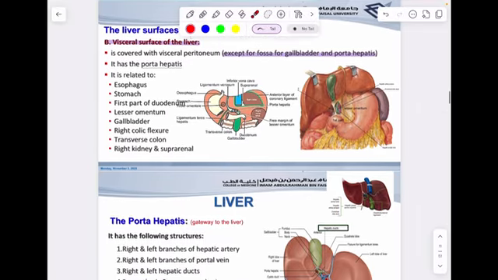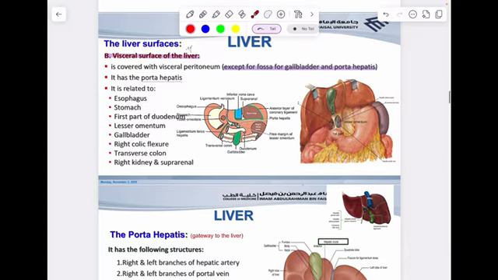But regarding the visceral surface of the liver, it's going to be covered with visceral peritoneum, as the name says. But we need to know the exceptions. It's going to be covered with the visceral peritoneum except for at the fossa for the gallbladder, as well as the porta hepatis. And it contains the porta hepatis, and it's related to the esophagus, the stomach, the first part of the duodenum, the lesser omentum, the gallbladder, the right colic flexure, the transverse colon, the right kidney, and suprarenal